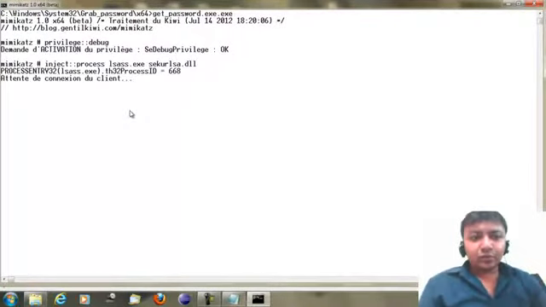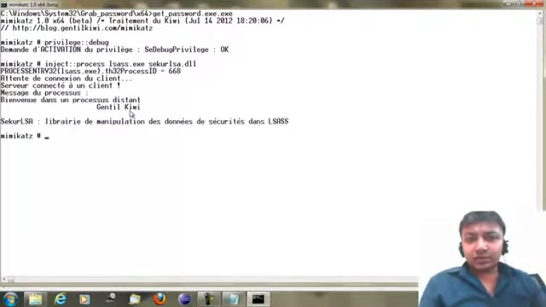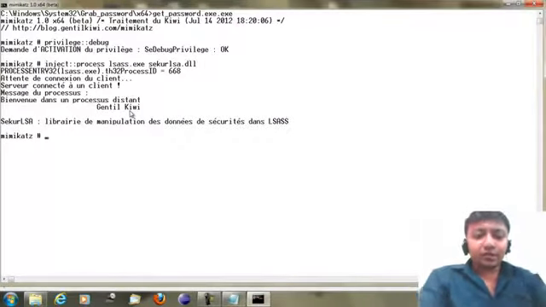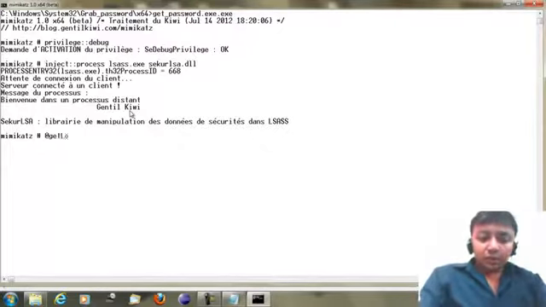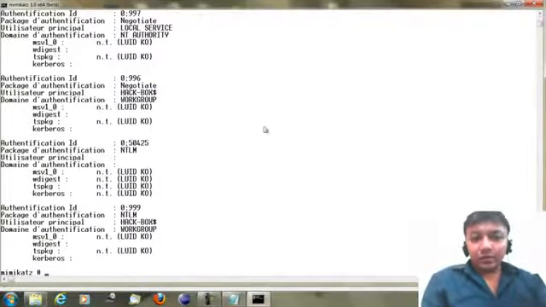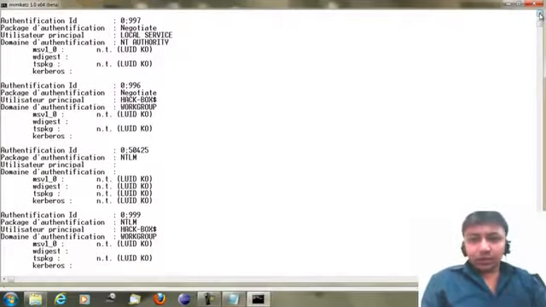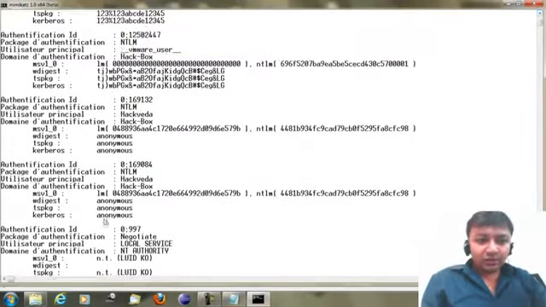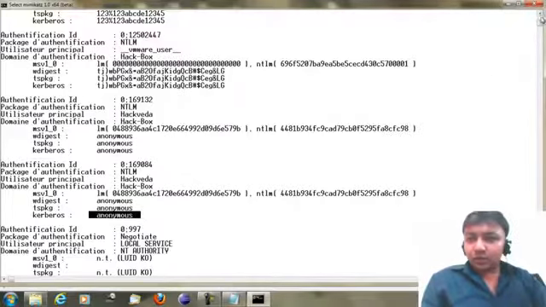Now it is trying to make a connection. The connection is made. What I want now is the passwords in plain text format, so let's see the passwords. Just press enter, and here we got all the passwords. Here we'll have a lot of passwords. These are the earlier passwords my system had: wdigest, the TS package, and the Kerberos version.